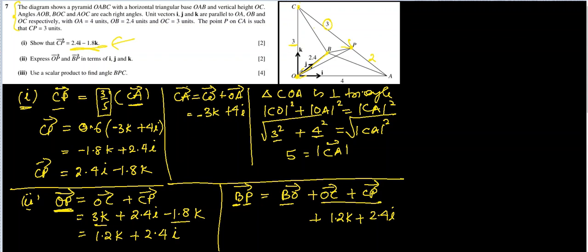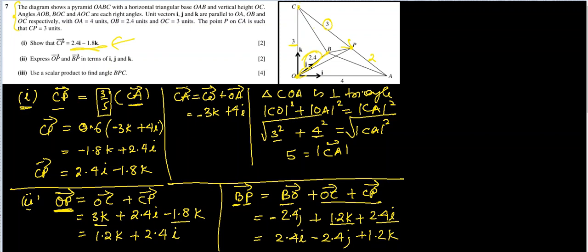BO is the one which is challenging, and there is no challenge. From B to O, they have given here 2.4 is the magnitude and the direction is J, but it is minus J, minus 2.4J. That equals BP. Let's write the positive ones first, so I will be written first. 2.4I minus 2.4J plus 1.2K. This is BP. The second part is also done.